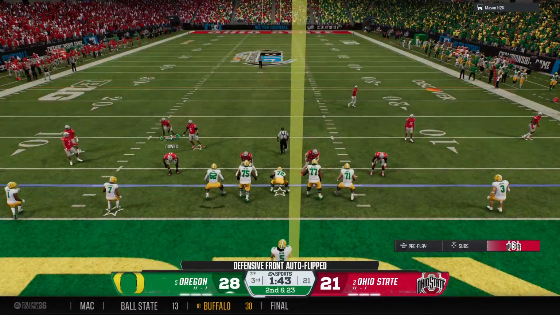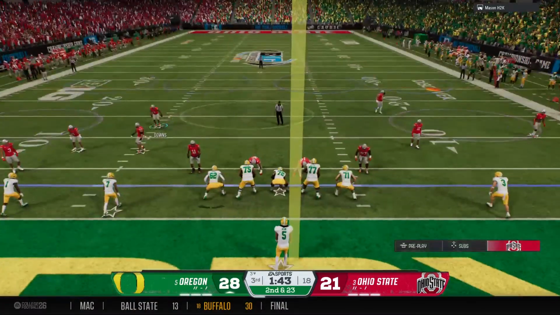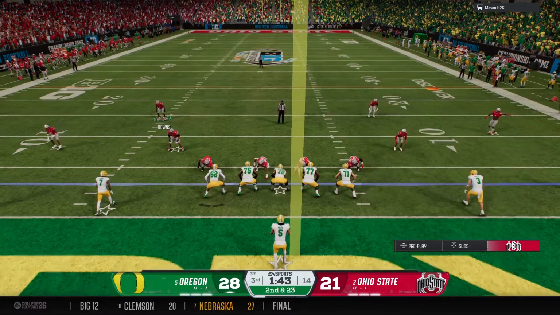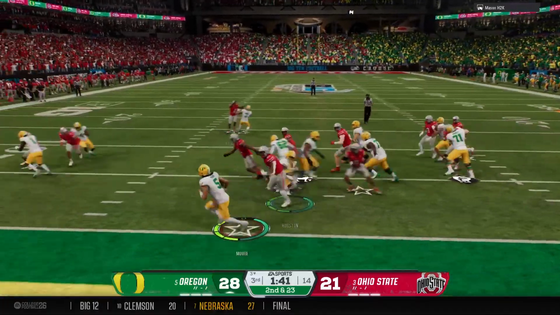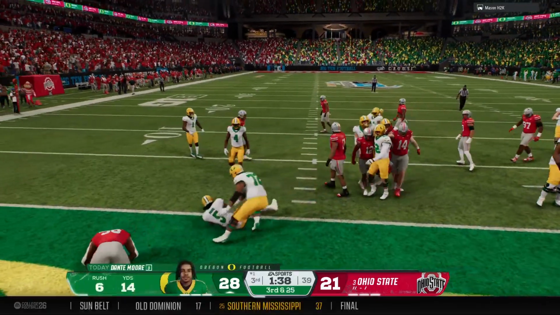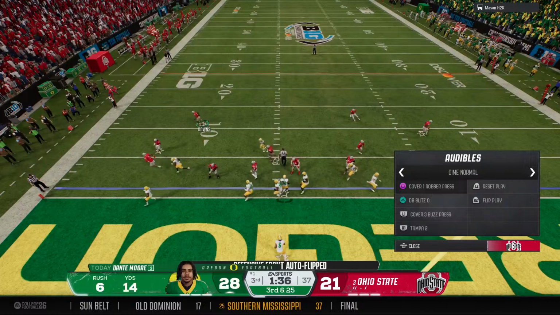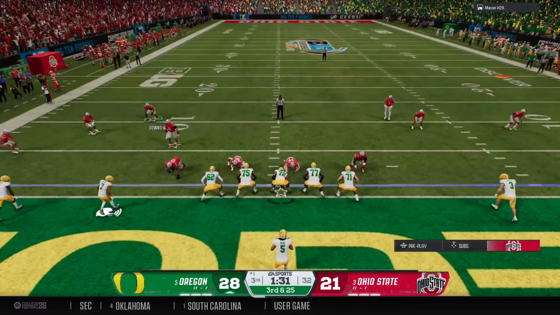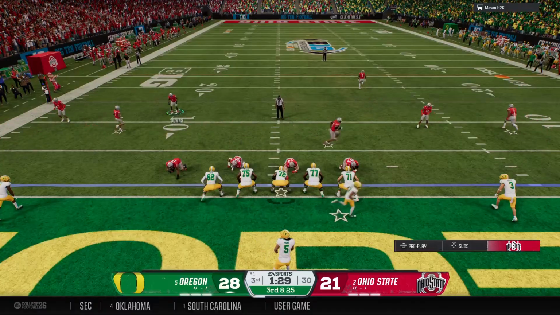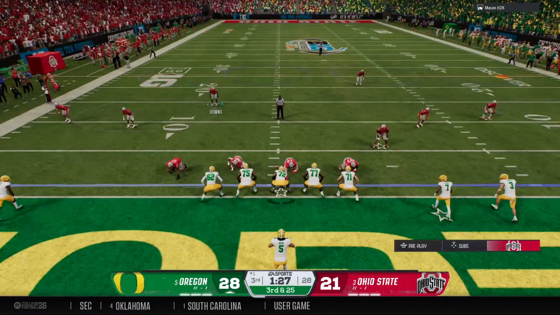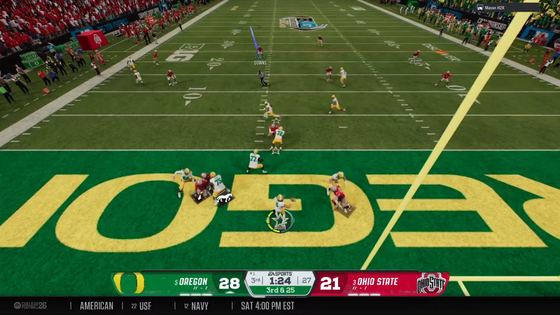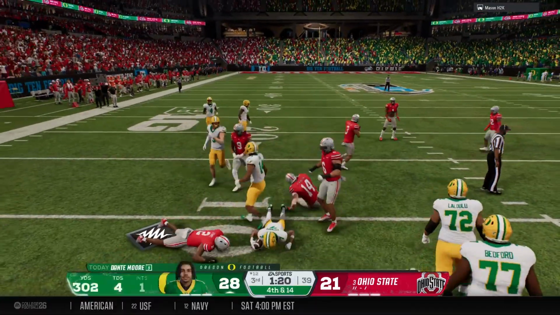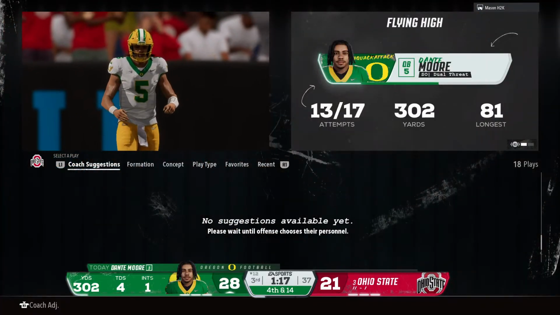Getting set. Here's 2nd down. That's a designed quarterback keeper. They'll stop him behind the line for a loss of 1. And the Ducks come to the line in the hurry-up. They're moving the receiver now before the snap. Backed up at the 1. He's going to throw it. It's an out route. The catch made. He stopped short of the marker, so it's 4th down.